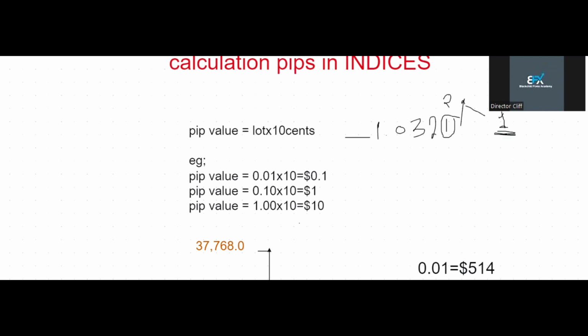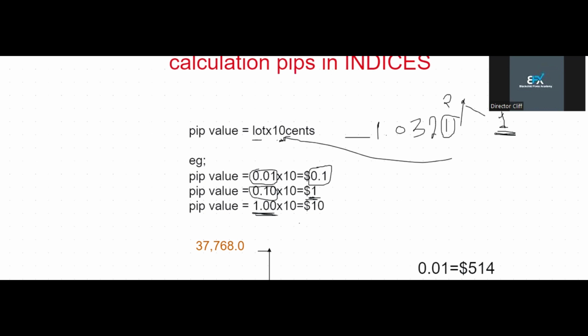So for you to know how much you're making in every pip movement, just calculate the lot size that you're using times a pip. So if you're using 0.01, you actually know how much you're making right away. For example, if you're using 0.01, on every movement, you're going to be making 1 cent. Every pip, it's going to be 1 cent. If you're using the macro lot size of 0.1, that means on every move, you're going to be making $20. If you're using this lot size, which is standard lot size 1 times 10 cents, every pip is going to